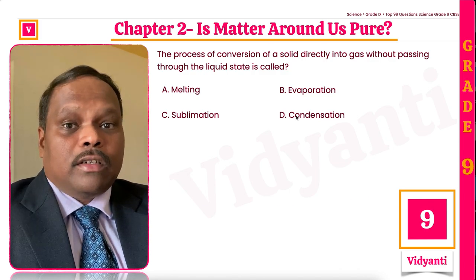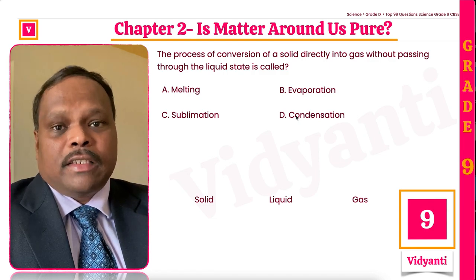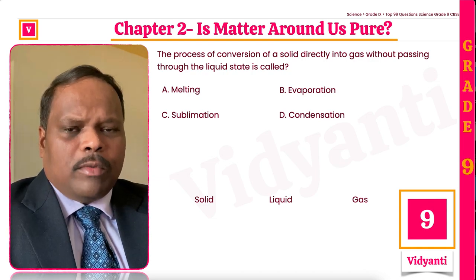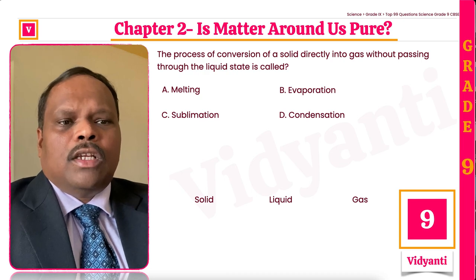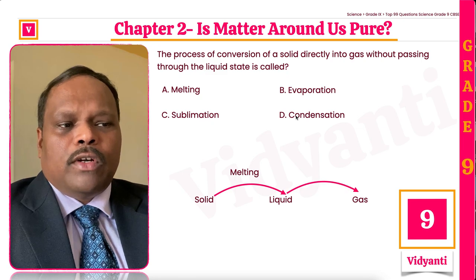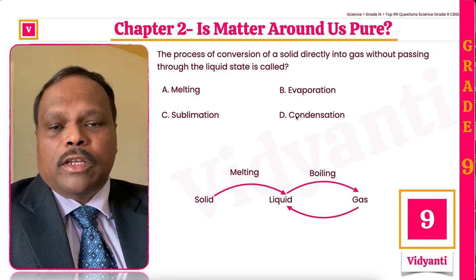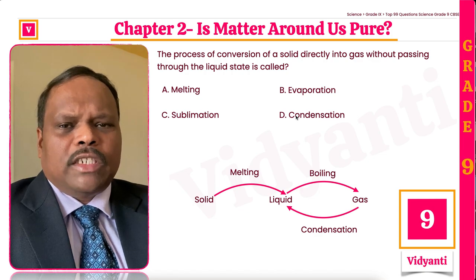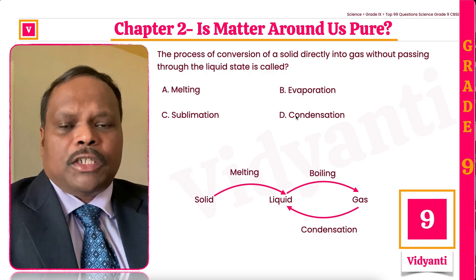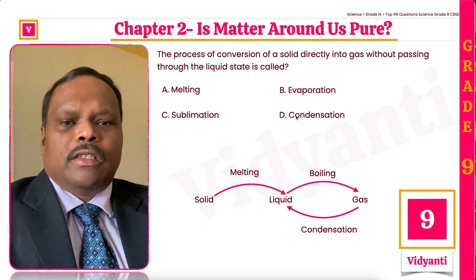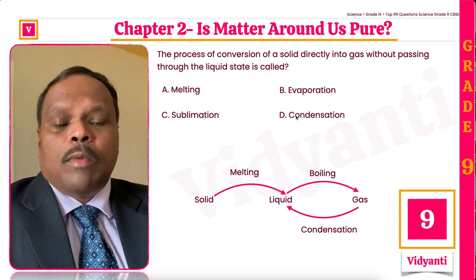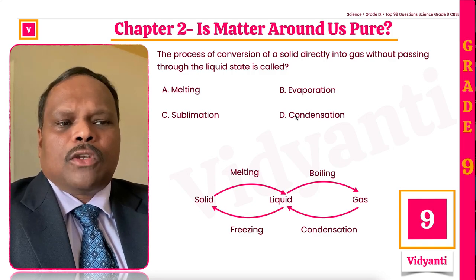Well, we'll see different phases. Let's say solid, liquids and gases. These are the three phases of matter. Let's see the terminology, and we have to be very clear because they can ask this question in either way. When you go from solid to liquid, this is called melting. When you go from liquid to gas, this is called boiling. When you go from gas to liquid, it is called condensation, which happens in a condenser in a typical power plant. When you have generation of electricity, the same water is circulated, and from vapor to liquid it has to be done so that minimum water is used. And from liquid to solid, it is called freezing.